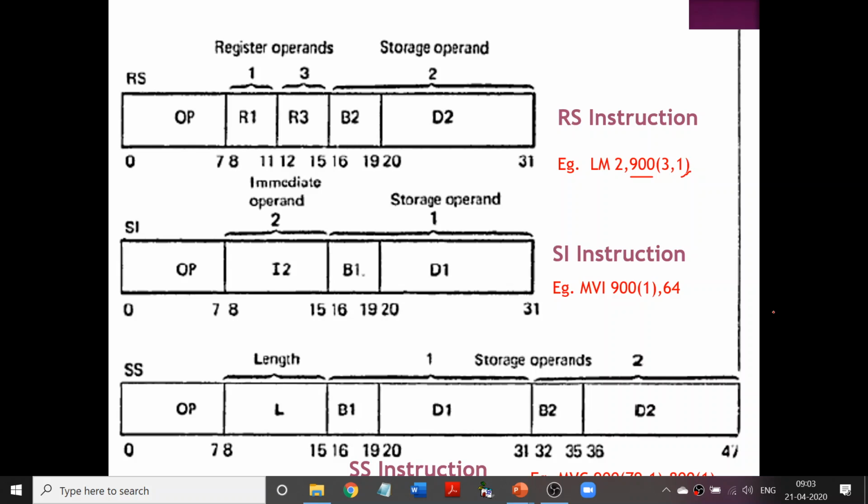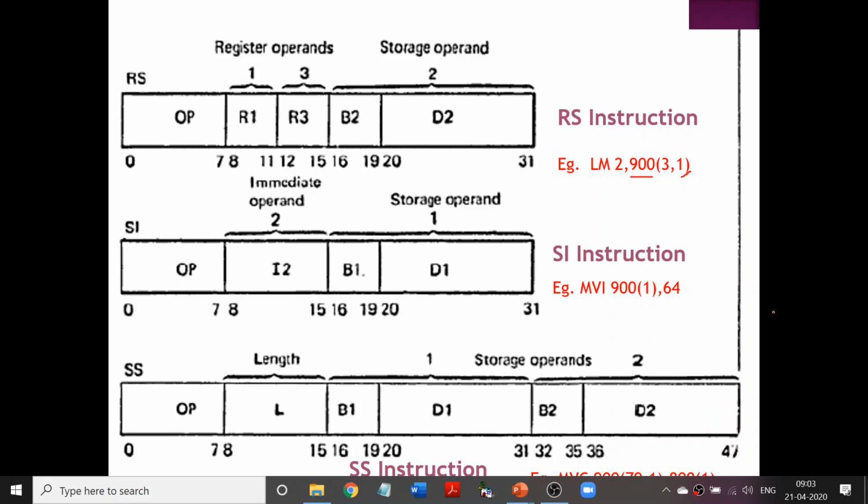Next is SI, right? Yes, we already know S is storage. So I, can anybody remember? We have seen I. What is I? I told you I is nothing but your immediate data value. So immediate data also can be stored. So what is I used for here? For example, I'm going to have an immediate data and I'm going to store it in one memory location. So what will I use? I will use the SI type of instruction. So first I will tell you the example and then we will go to the format. You will be able to understand.